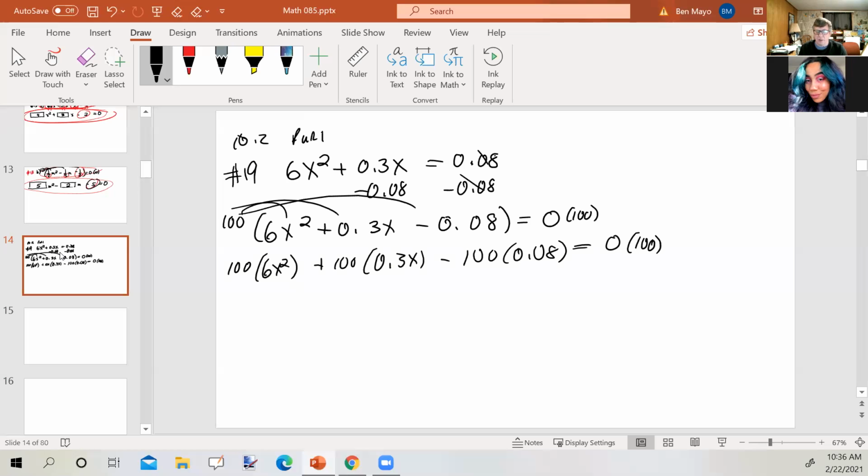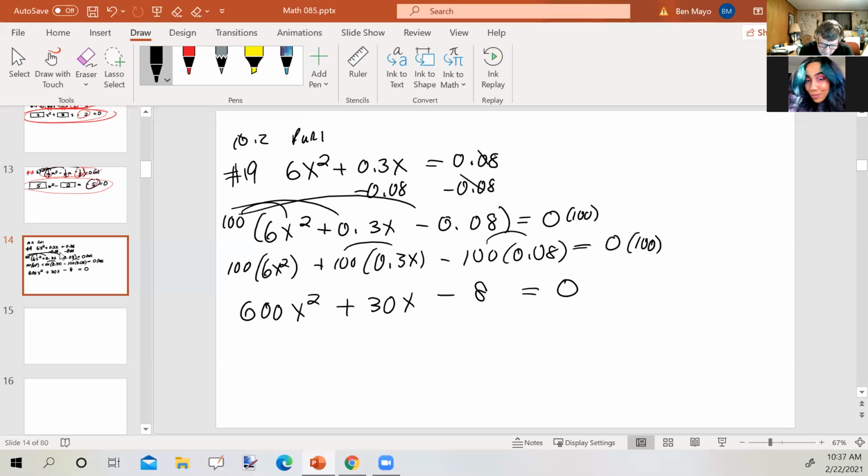So having distributed the 100, now multiply. 100 times 6x squared is 600x squared. 100 times 0.3x would be plus 30x. And minus 100 times 0.08 would be minus 8 equals 0. Okay. Now, we've gotten rid of the decimals, but looking at it, I see if I wanted to, I